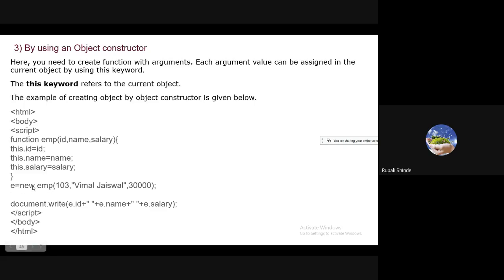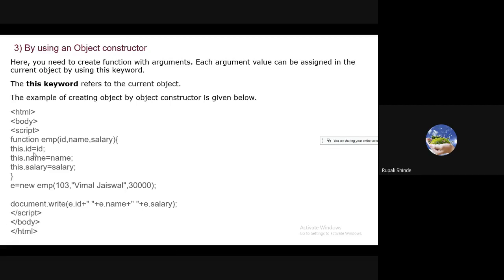Whenever we create the object, that particular constructor is going to be called, and afterwards we are going to see that the this keyword, in this case, is the pointer which is going to point to the e object. I think everybody knows this pointer. The concept is the same here. Now this is going to play the role of the e object. In this case, this is nothing but e, which is the object of the EMP constructor.